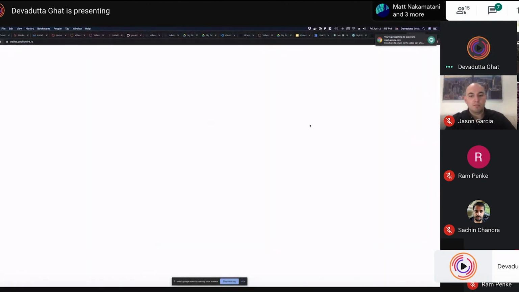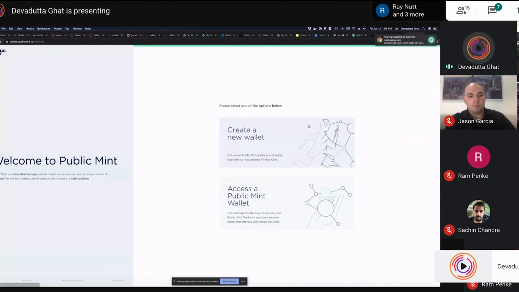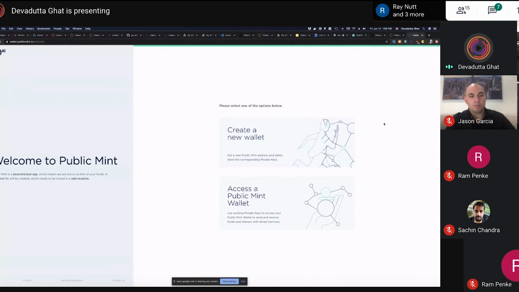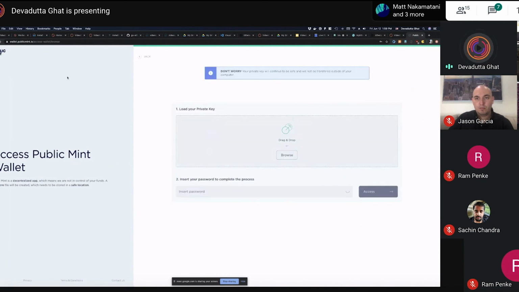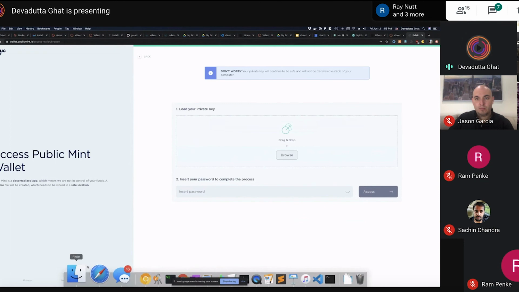wallet.publicmint.io, because remember that you get paid in fiat, right? So all the fiat that you get paid in is in this third-party company that we work with, Public Mint. So what you'll have to do is click on access a wallet, and then literally take the key that you just now created from